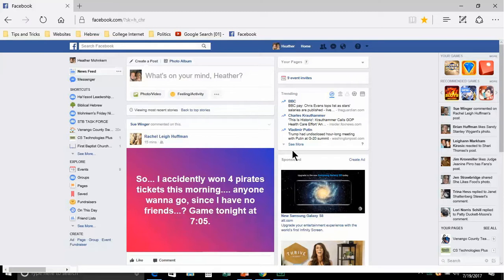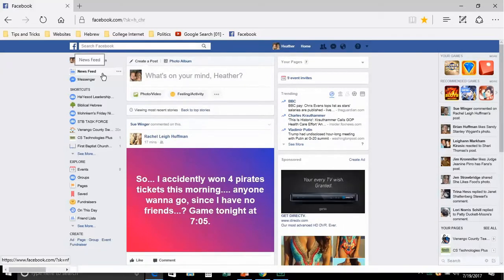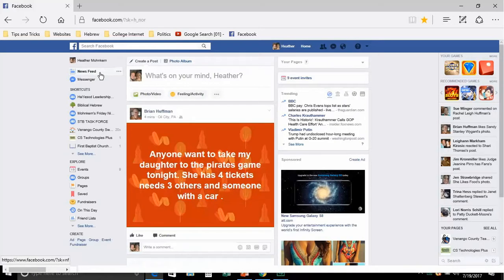Hello, we have a tip or trick here in Facebook for you, and this has been a specially requested tip or trick, so I hope that you enjoy it. It has to do with your news feed over here. So many times I've heard people talk about how they want to toggle their news feed away from top stories,